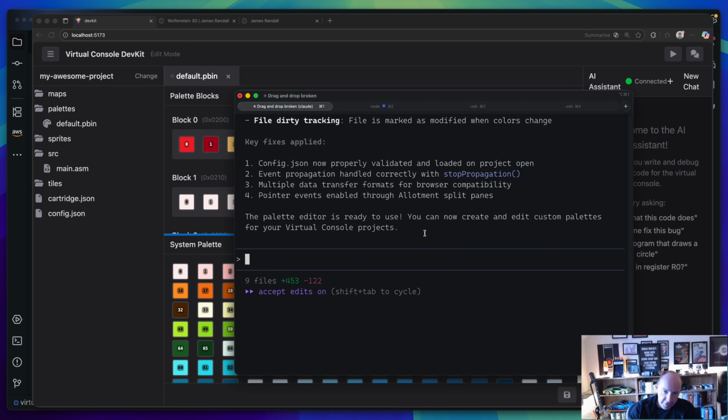Okay, I want to ask it to, in the bottom toolbar of the editor, can we add an option to show and hide